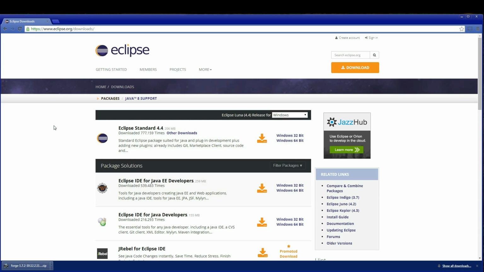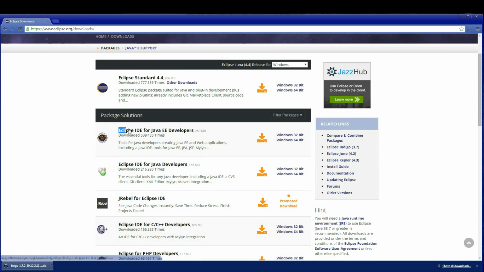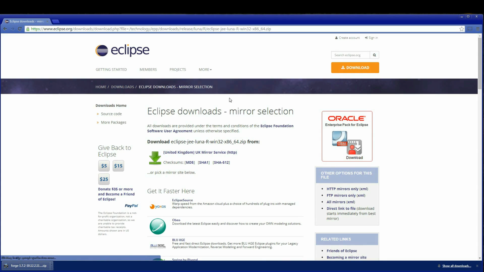Once that is downloaded, you need to go to the Eclipse download page. You need to locate the Eclipse IDE for Java EE developers. Once you've located this, you need to find the correct package for your computer. Because each computer is different, depending on what you have, you need to either download the Windows 32-bit or a Windows 64-bit. Once you've clicked on the correct one, in this case for me it is the Windows 64-bit,